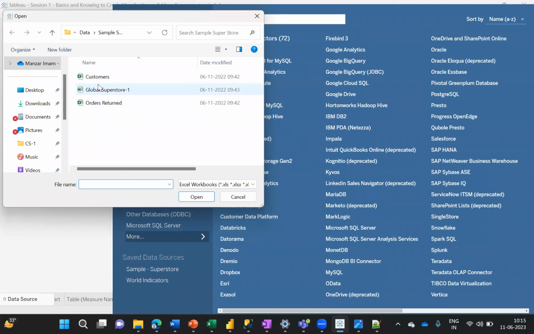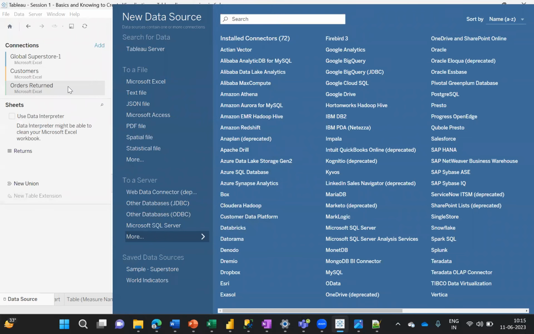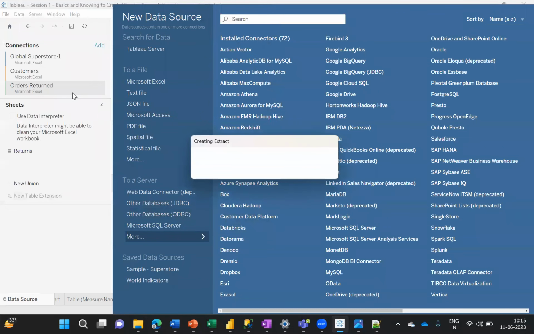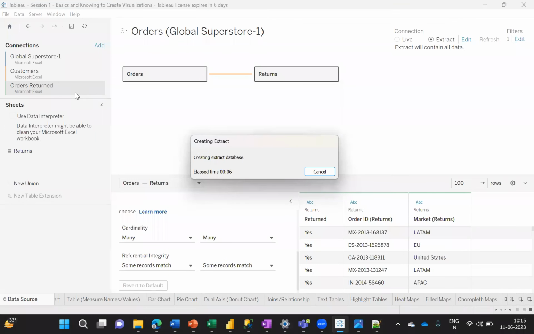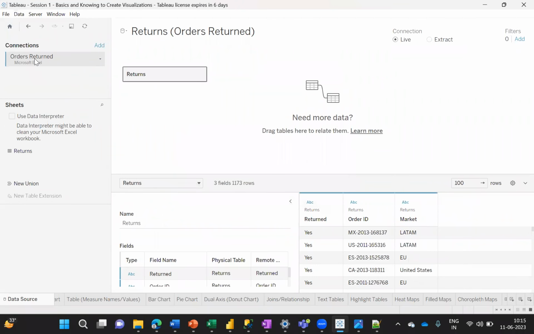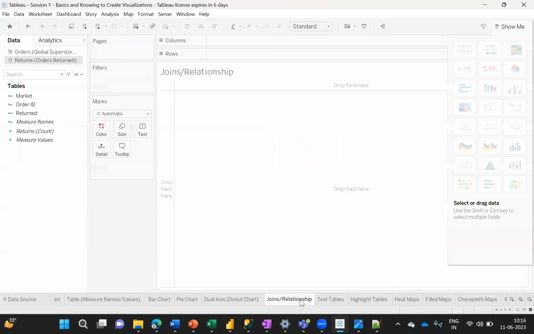So we are just creating a new data source with the same information that we had earlier, this order return. You can see here the new data source will be created with the order return. And in that case, you can see that the other data is not shown. All the other data sources are not being shown with this. Now, how is this being used? This will be used only if you are going to the